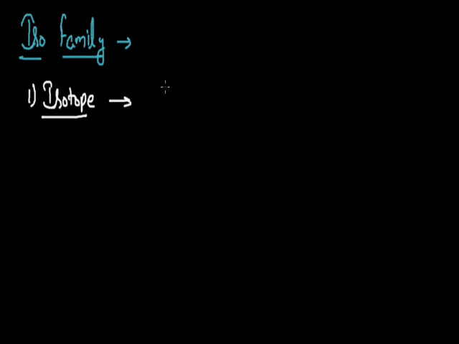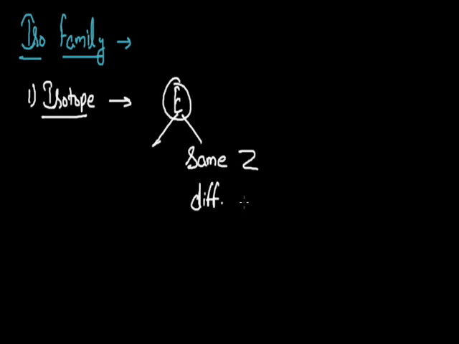Isotope is defined basically as the atoms of one element which show the same atomic number but different mass number. So if these atoms belong to one element and they have the same value of atomic number, which can be represented by the symbol capital Z, and they have different values of mass number, which can be represented by capital A, then these kinds of atoms can be taken as an example of